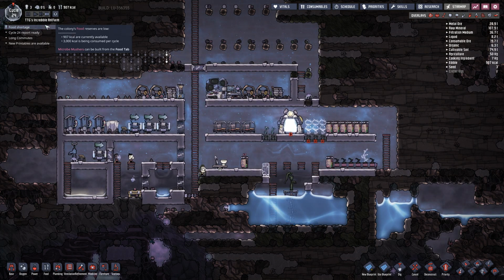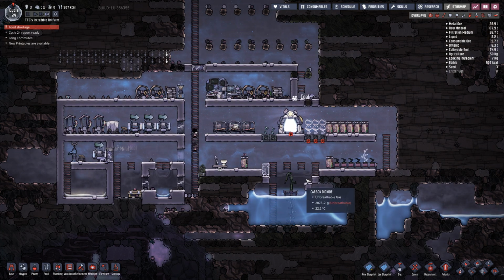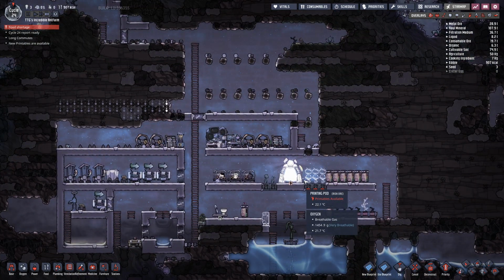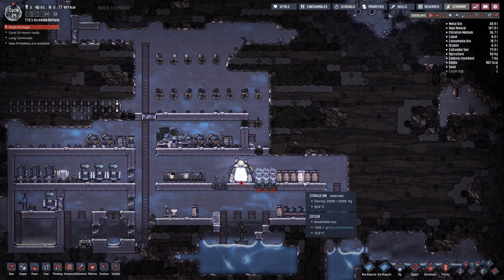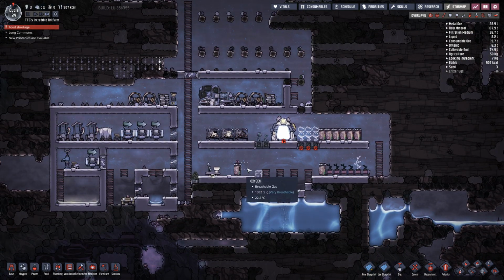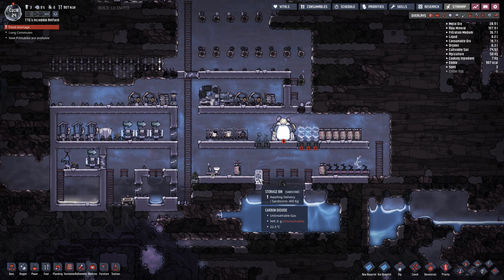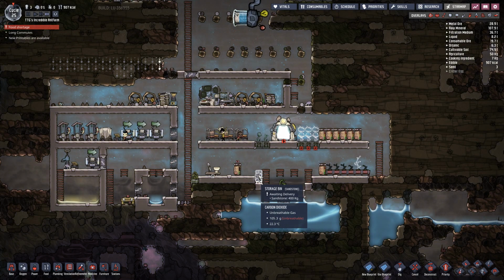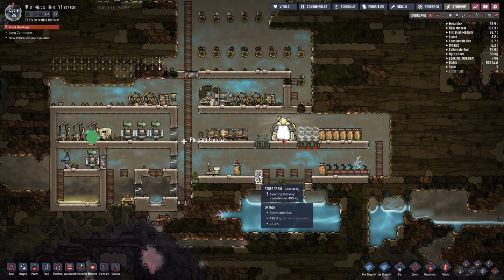Yeah, and I have a food shortage because I do not have enough food for everyone. Hopefully we can fix that in time. But yeah, I'm going to build this storage bin here. Make sure only ice gets in here. And I will put it on a priority 9 and sweep only, so...